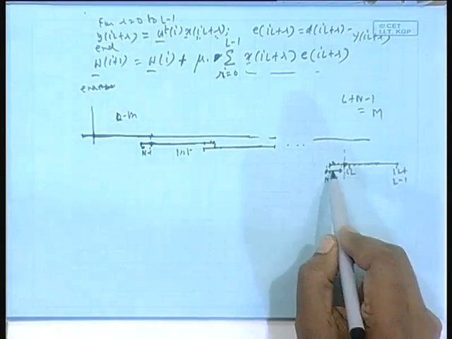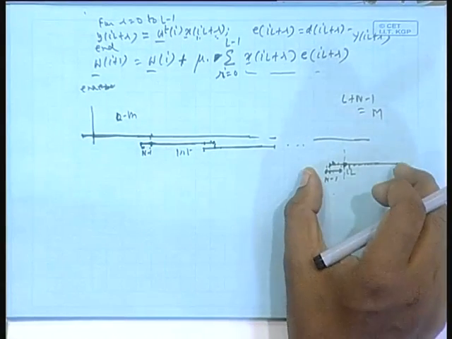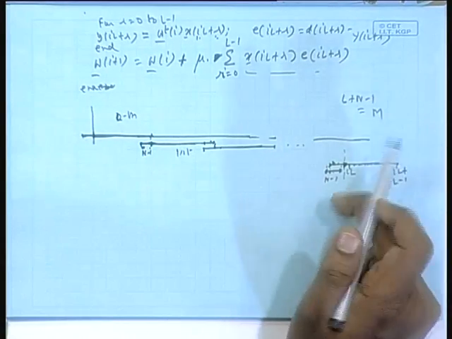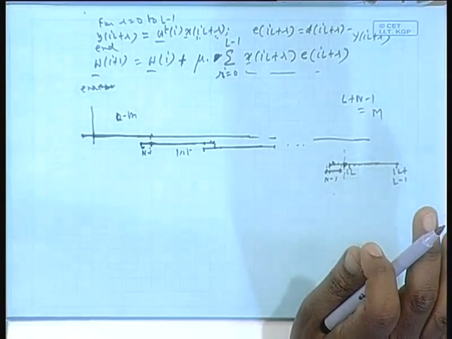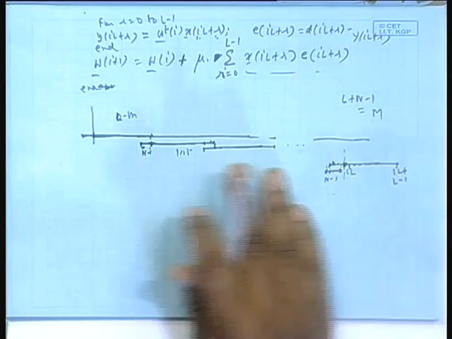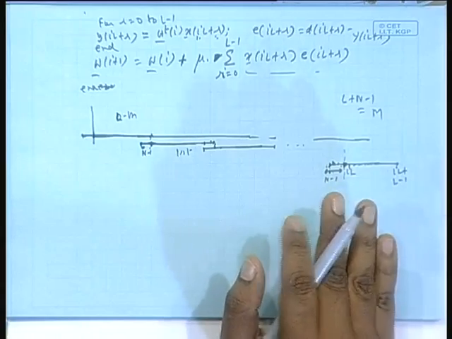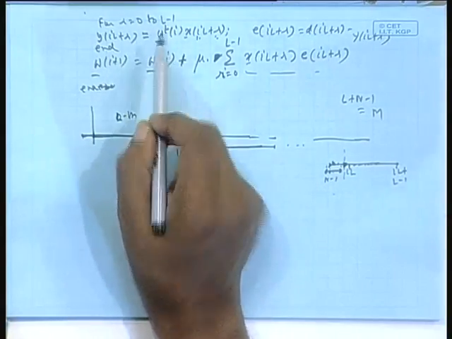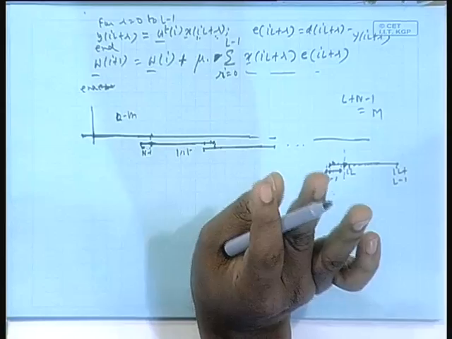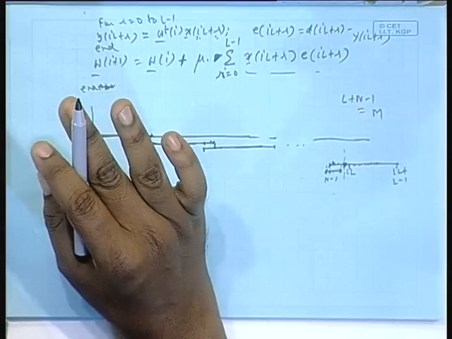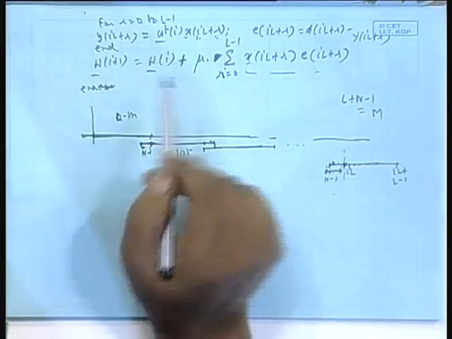Okay. So, my current data length is not L, but L plus n minus 1, which is m. So, the filtering part is all right. If it is complex valued filter coefficients, instead of W transpose, it will become W Hermitian. Note that change also. Is that understood, Javjit? Okay. Now, come to the weight update part.